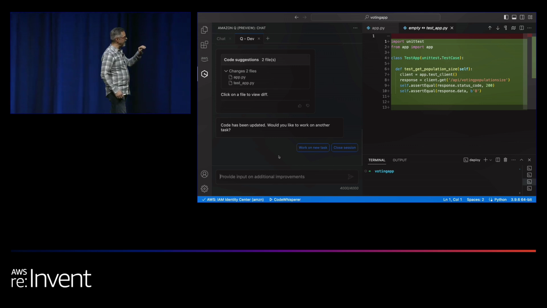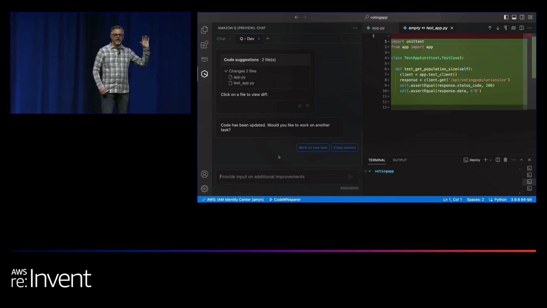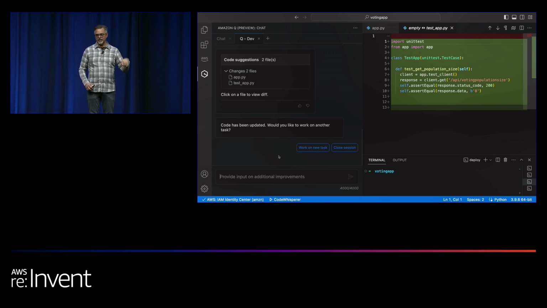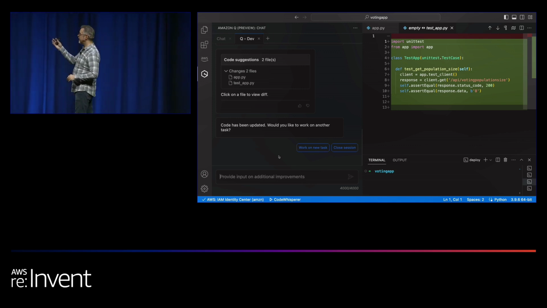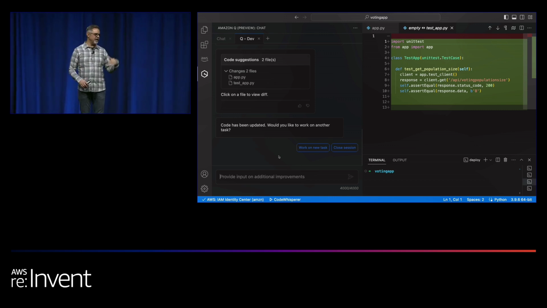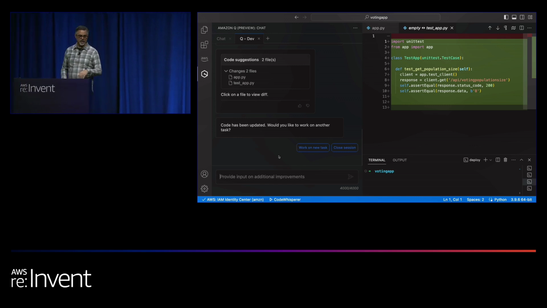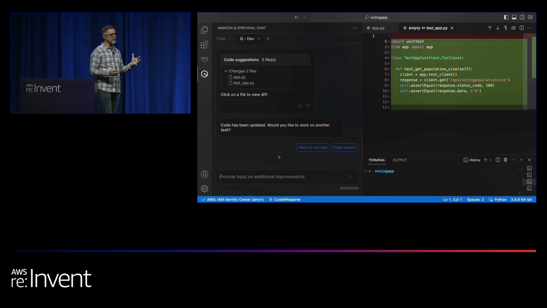And that's what you saw happen here: we hit write code, Q went off and wrote the code, and then came back and said, here's the diff. The first thing it did is it told me what changes it made. It said, I made changes to 2 files. And here's the changes in 1 file, and here's the changes in the other file. In this case, it wrote a whole second file where it added a bunch of tests. So it said, here's where we're going to make the change, and here's the test where we're going to make that change. So this is super cool when you talk about developer productivity, right?